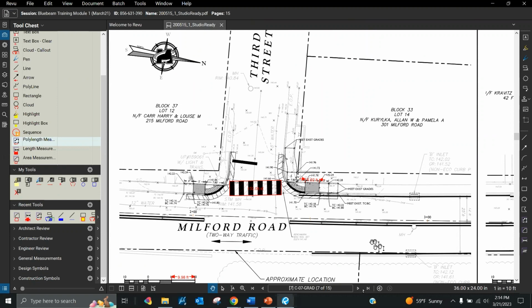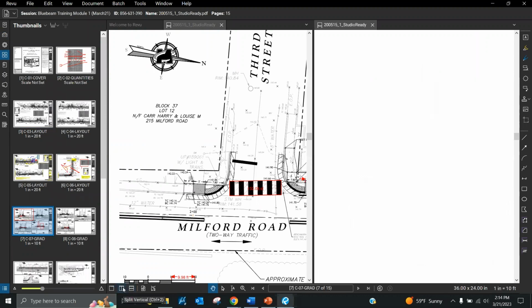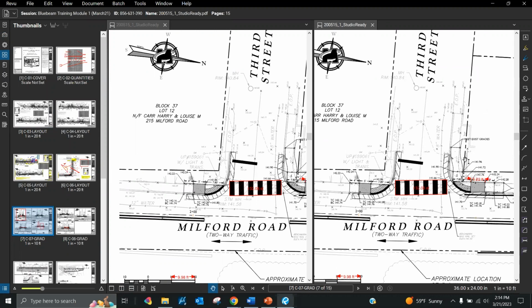So a lot of times in roadway projects, we'll be looking at something on one page that we know appears on another page, right? So back to our navigating zone, our thumbnails. A great aspect of Bluebeam is this split document view, split vertical or split horizontal. So when I click that down at the bottom left, it'll open up two separate screens. I still have that up. So I've got this page that I've been looking at here,